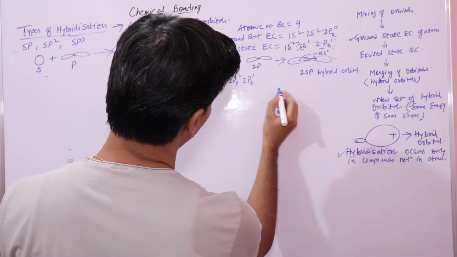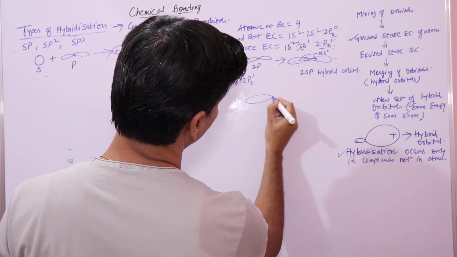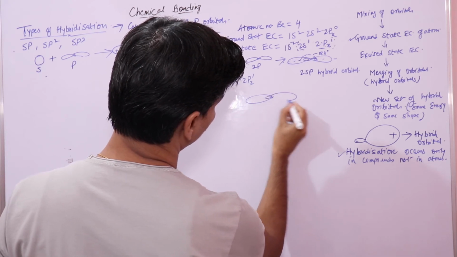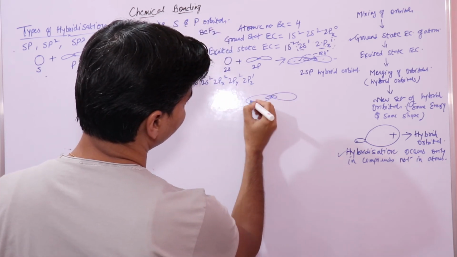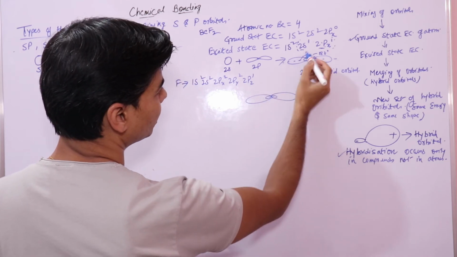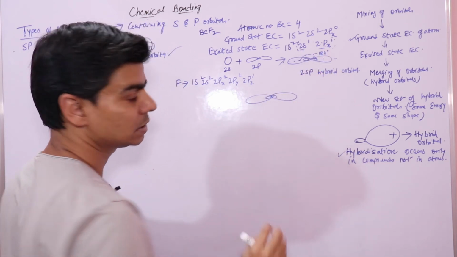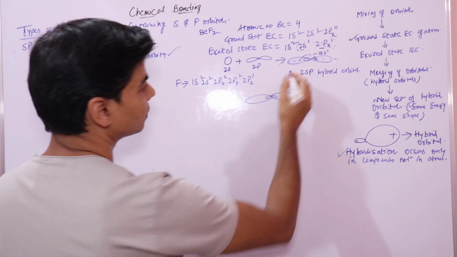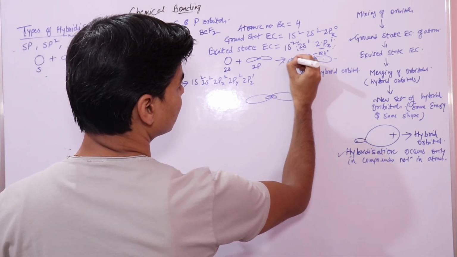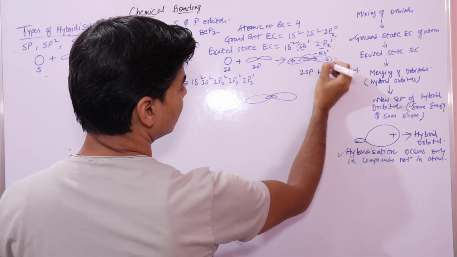Now let's look at the formation of this compound, right? This is your sp hybrid orbital, s and p, which are singly filled orbitals, right? So it contains electrons like this,